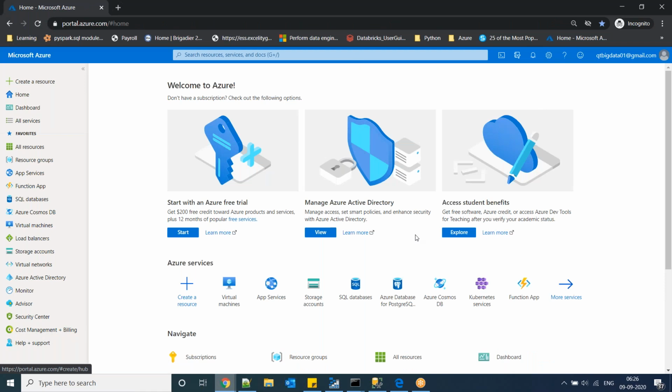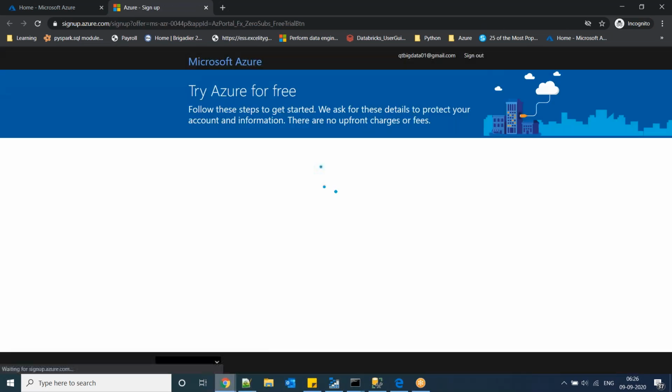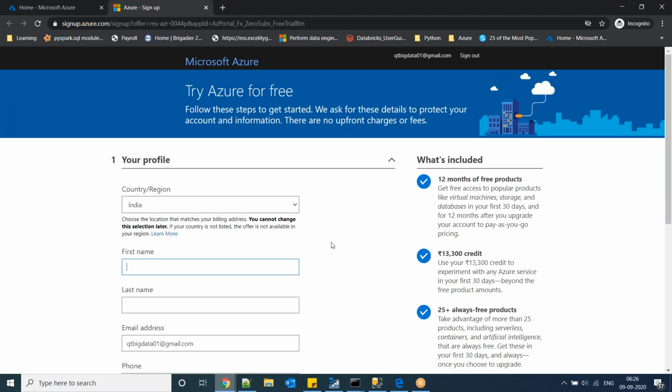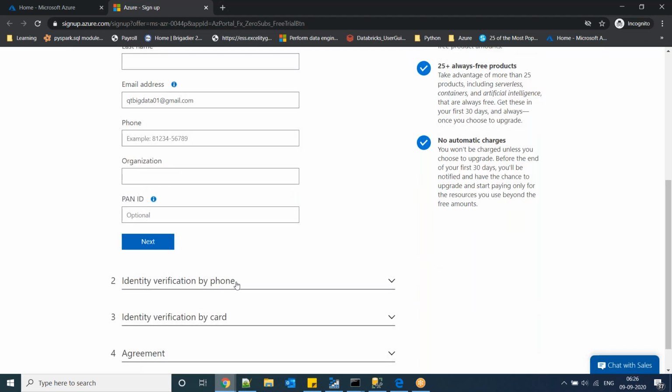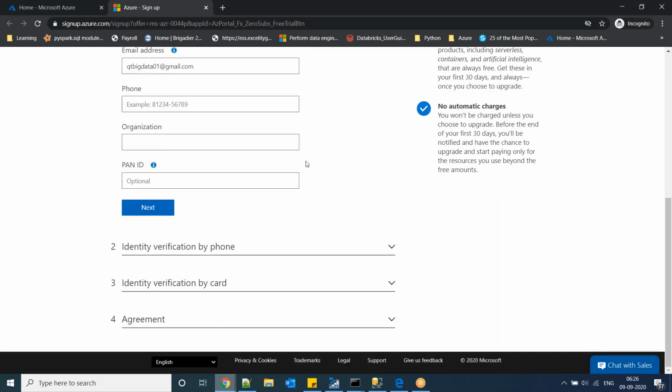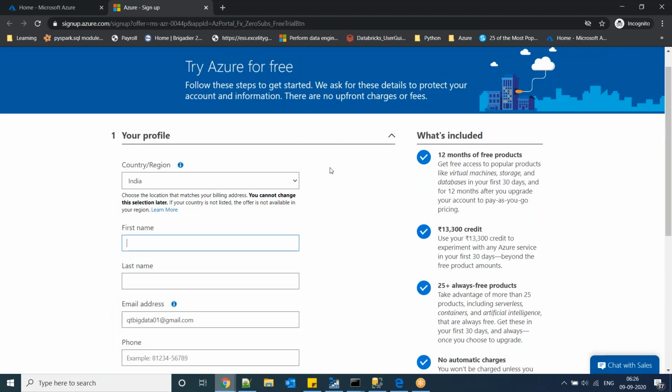The first time after creating a user, you can see this here, and here you can see Start Azure free trial. Just click this one. Now you can take a free trial here, but it requires a profile, and it also requires your credit card details. I think a debit card from ICICI can be allowed. Can you please check with that? Otherwise, you have to provide credit card details. I verify phone, card number, agreement, everything you have to accept so that a free account is created in